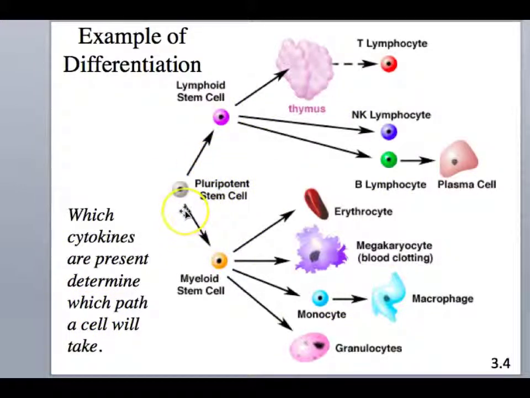This is blood. This is the lymph system. So you have a pluripotent stem cell that says any cell that gets made out of this has to be... so first it was totipotent, and then it was given a signal that says you're going to be an immune cell. You just don't know what kind yet. And so then you might get a signal that says, well, you're going to be a lymphoid stem cell, or you might be a